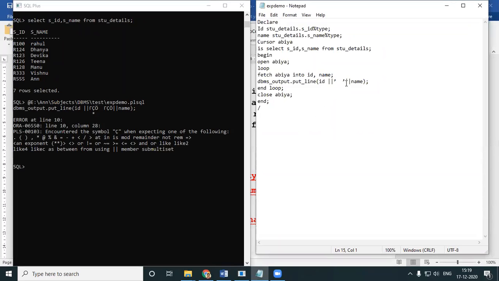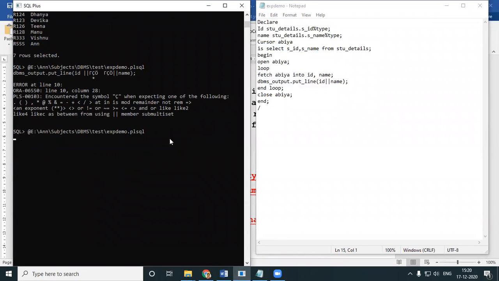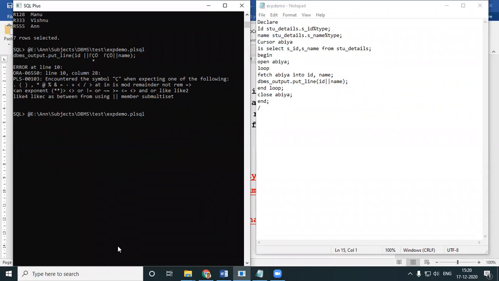My code went wrong, so do it without codes. Okay. See, you might get such an error. Look here, I hit enter. I knowingly put that error because I want to show you this particular case. Now, you hit enter, but you will not be able to see any output.